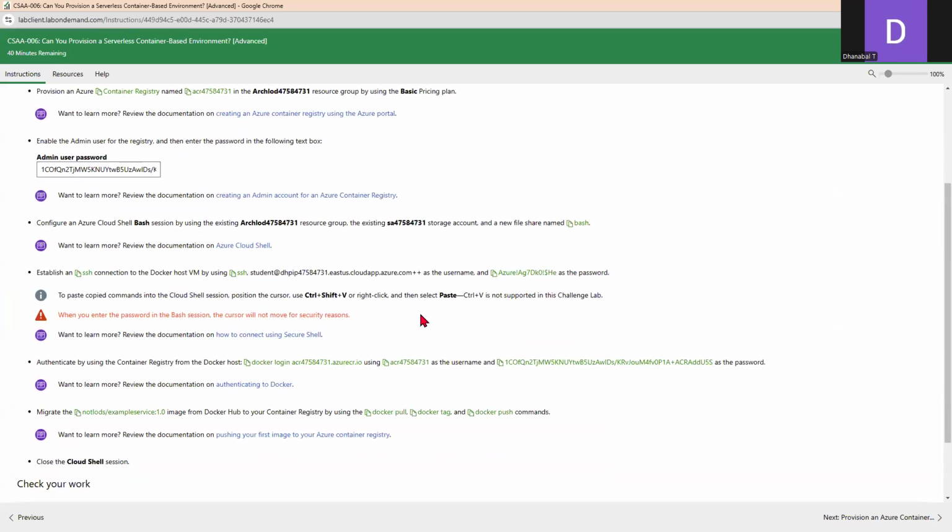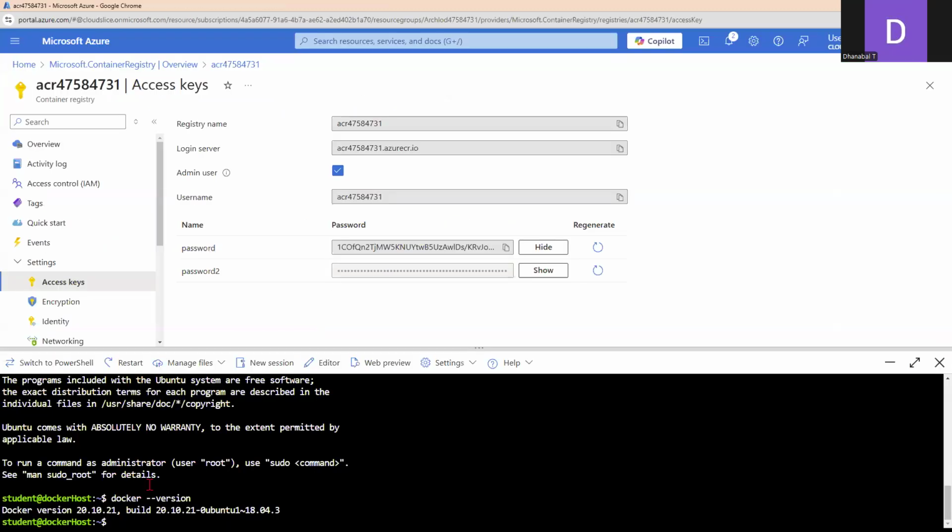Next is what? Okay, yeah. Authenticate by using container registry. Fine. So we need to log in. This is a virtual machine. In here, we will create some container image, and that image we will push inside this container registry. It's a kind of repository where we can keep multiple images. So we create one image using this machine provided, and at the end, we push that image to this particular container registry,